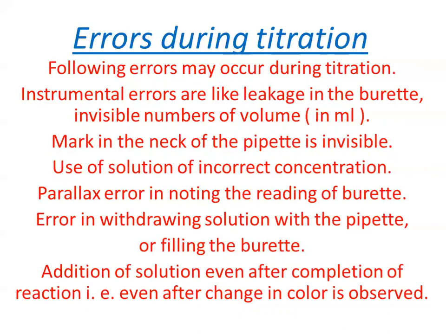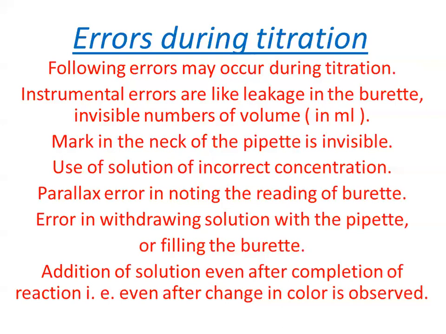When we note down the volume of one of the solutions consumed to neutralize the other one, we can note wrong readings. Why? Because the burette is leaking drop by drop. Or sometimes there may be no marking, or the numbers are invisible due to continuous use. These are not visible. Similarly, with a pipette, if the mark is invisible, we may commit a mistake or error.